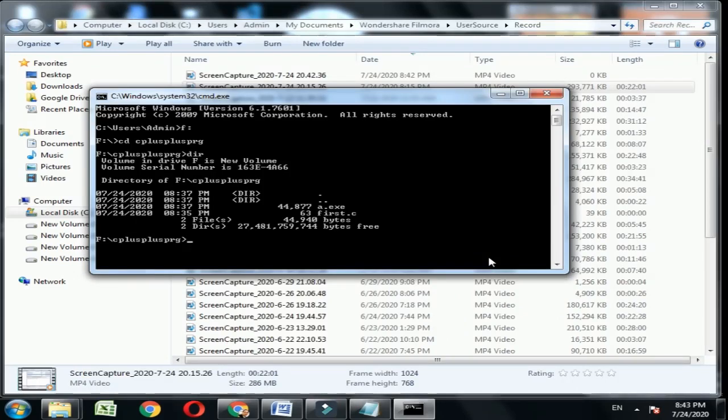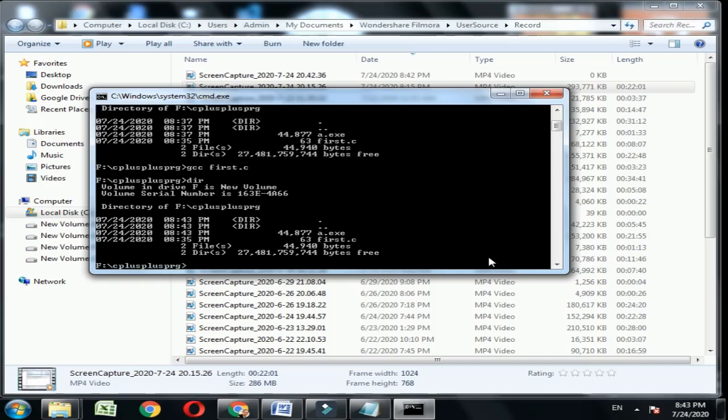So now we will compile it by writing GCC first.c. Now our first.c file is compiled successfully. Now if you want to run it, you can check by typing dir.